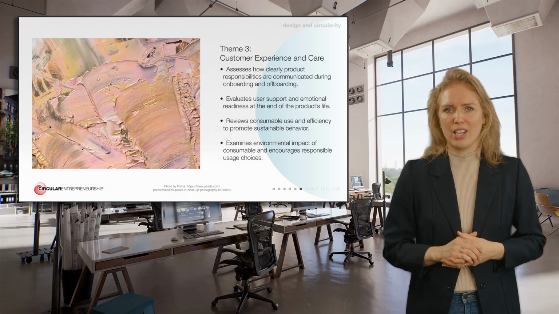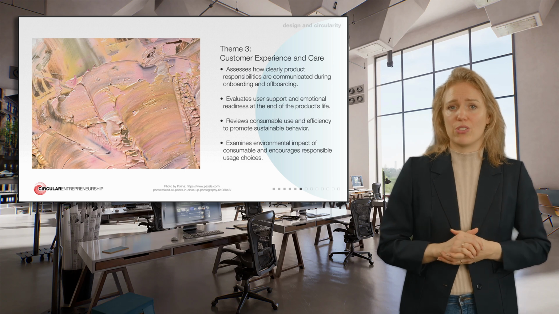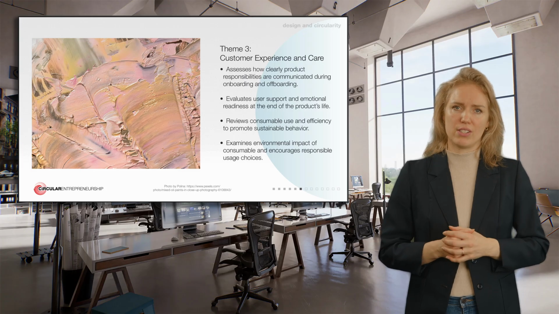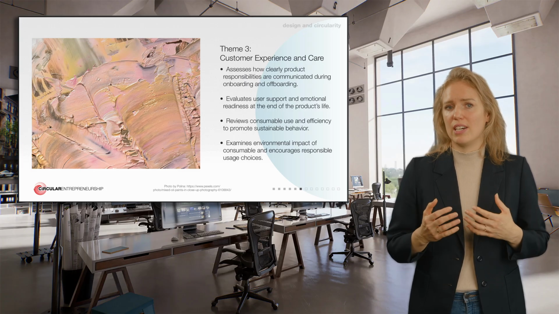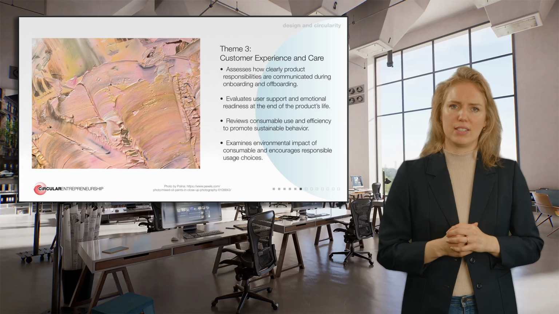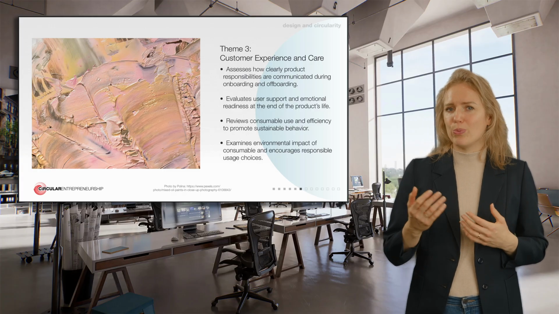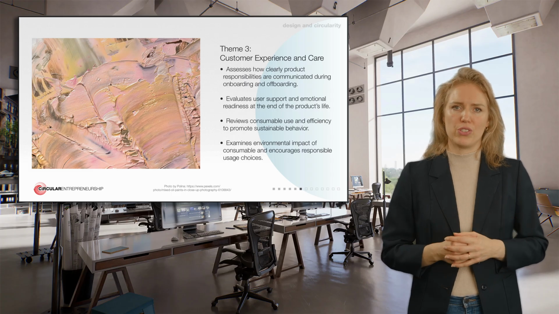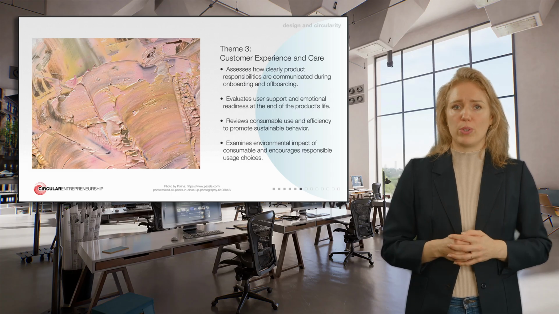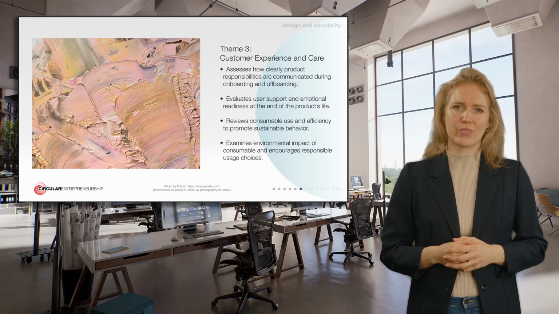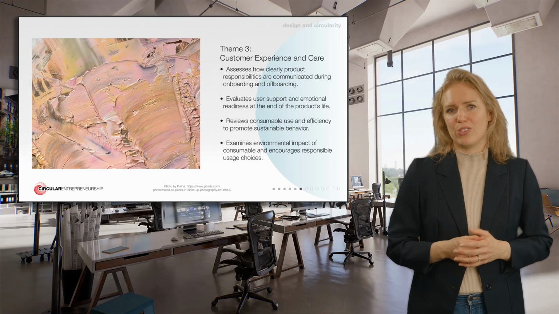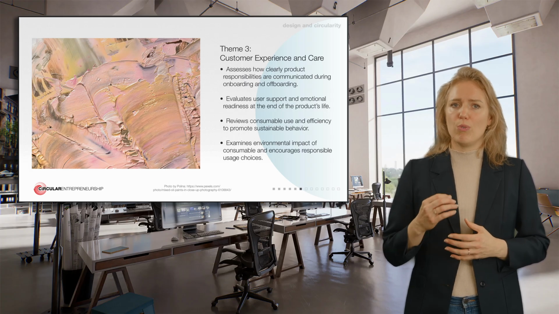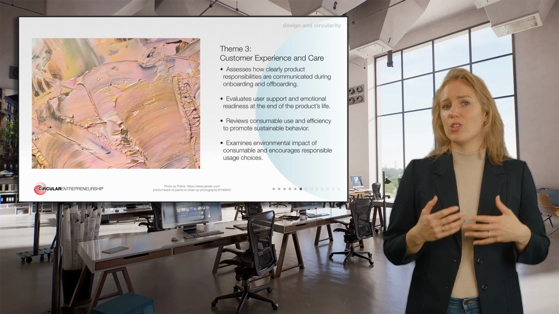Next is use efficiency. The method examines whether products rely on consumables like energy, water, or cleaning agents, and whether it maximizes their efficiency compared to the market standard. It also asks whether the product encourages sustainable use by making eco-friendly options easier and less sustainable ones harder to choose. Finally, it considers the impact of consumables, whether they contain critical or conflict materials, and whether they pose environmental risks when discarded.